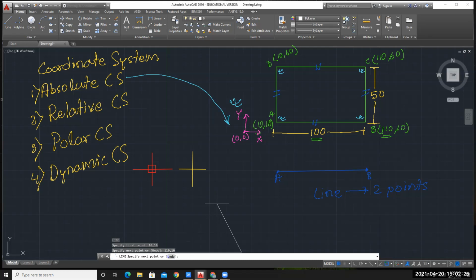Okay. Now again, we can continue with different values, or I want to see the line which I have drawn. So first you have to come out of this line command. For that you need to press escape key. Okay, I will clear this, or let me clear some of them.